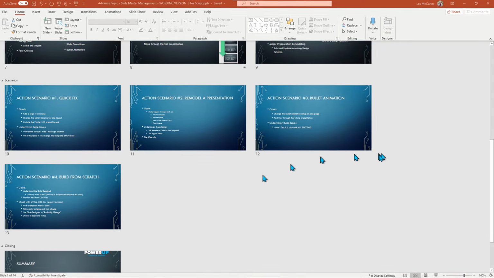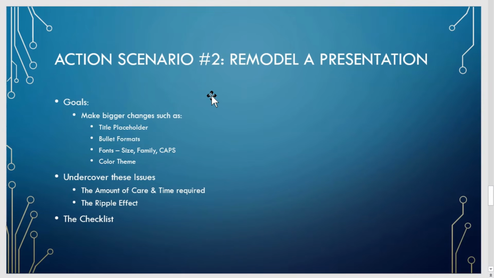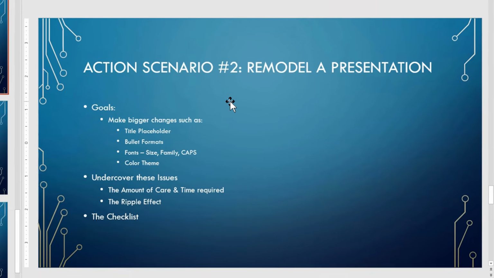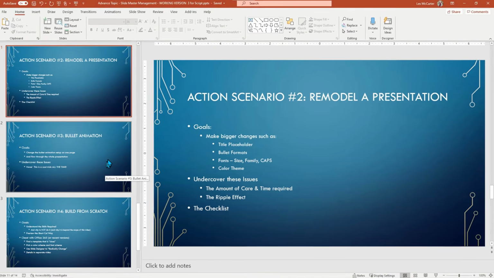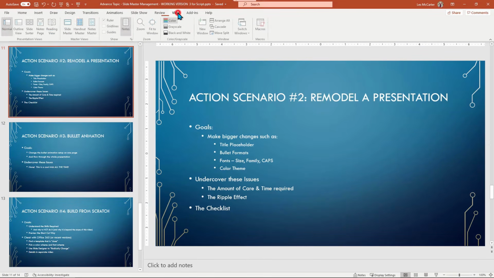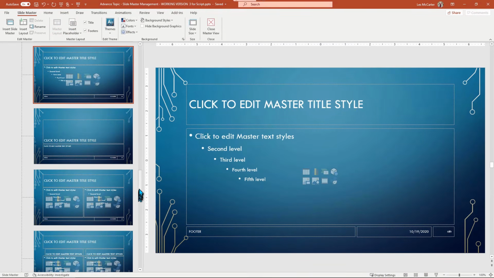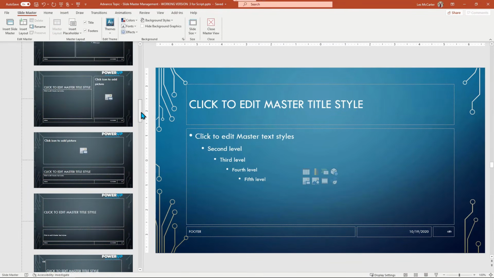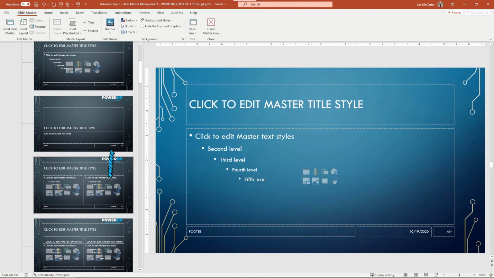Okay. We just finished with our first example. Let's switch to scenario number 2, where we're going to remodel an existing presentation. We're going to make changes to like where the titles are, the locations, formats, fonts, and along the way, we're going to cover some issues, including how much time it takes and the impact of one change rippling through the presentation. So to do this, we've now switched back over into the Slide Master view of our same presentation, and